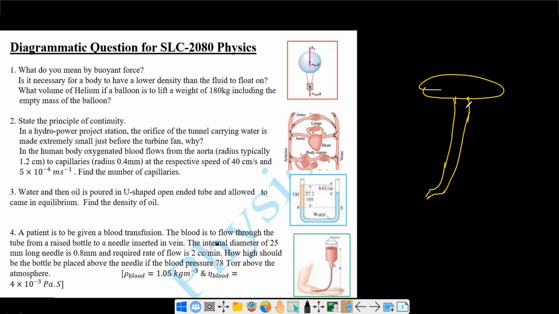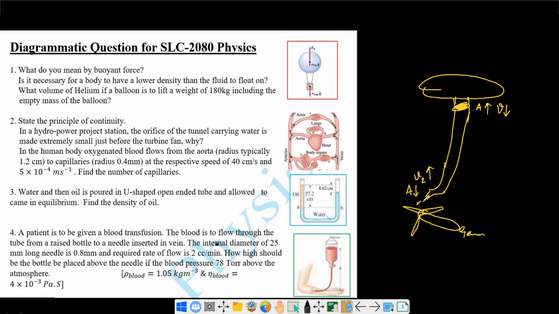The reason behind that is the principle of continuity. The area in here is high, and the velocity is relatively low. But if you make this area extremely small, the velocity is going to be extremely high. And if you put the turbine fan over here to generate electricity, connecting the generator through a belt,